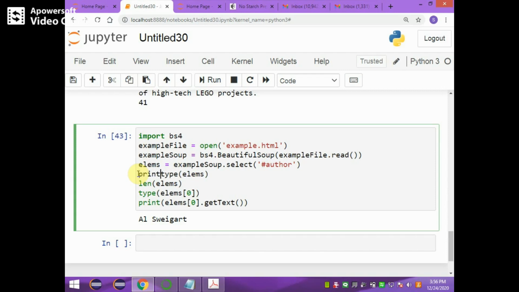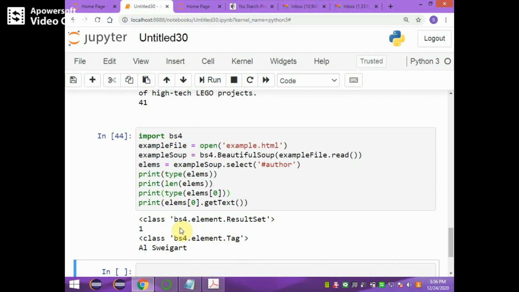Now print the content by using the print method. Run this.